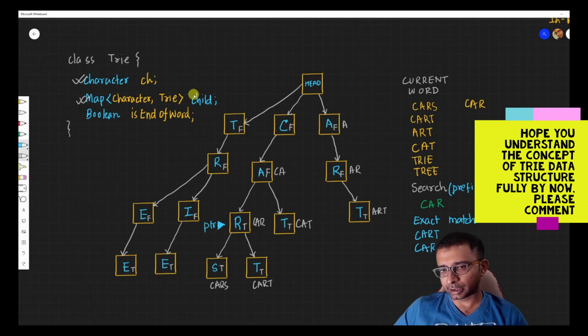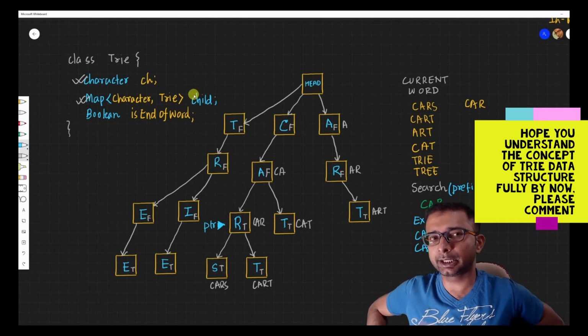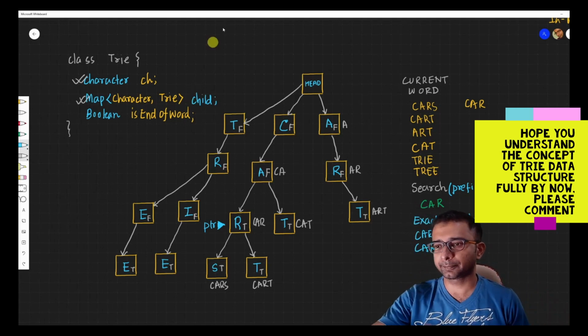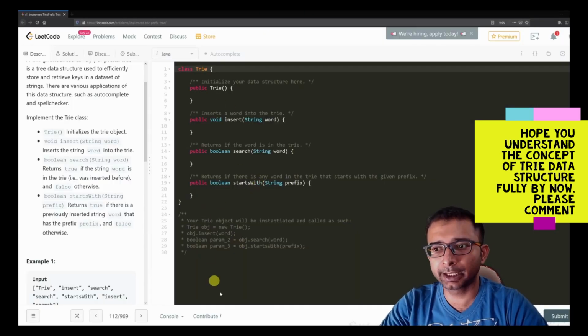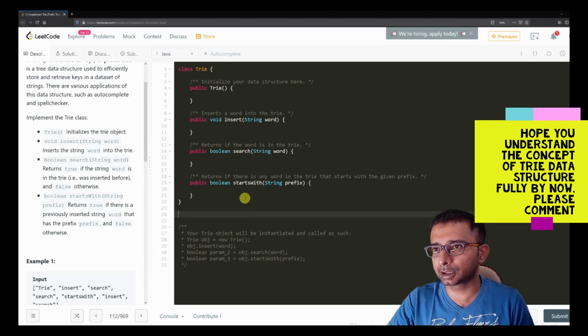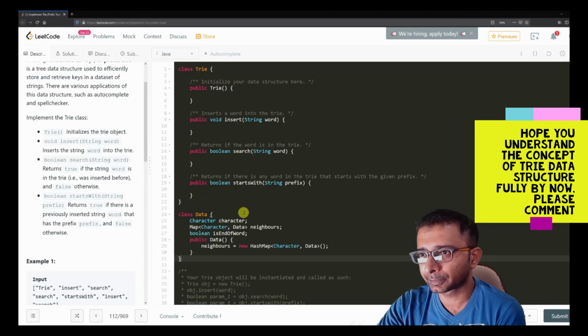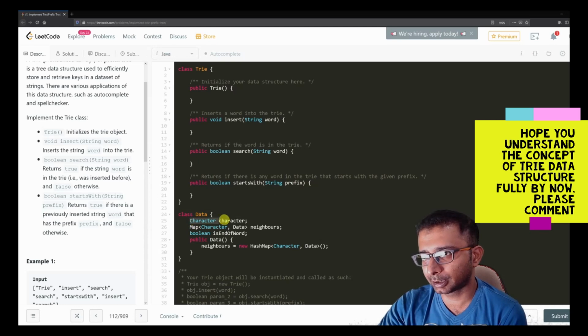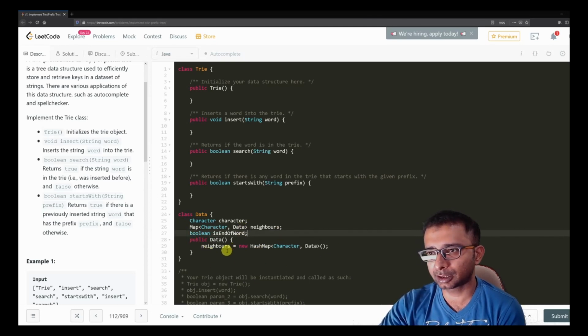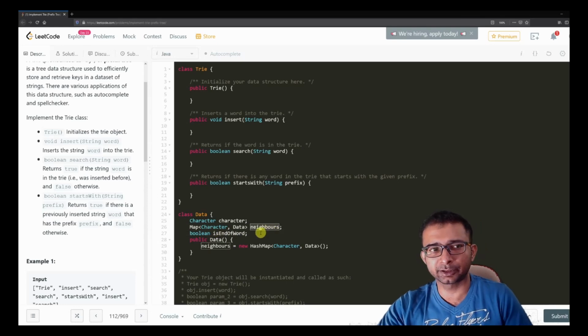This code is going to be a little long, so I have already written the code for you guys, and we are just going to understand the code and go over it. We first have to create a class that will help us. The name Trie has already been taken, so I'm not going to use that name over here. We are going to create a new class and call it Data. As discussed, we have the character to the data mapping, which I called neighbors, and whether it is the end of the word or not, right? And I have a default constructor over here, which is initializing this map neighbors, right?